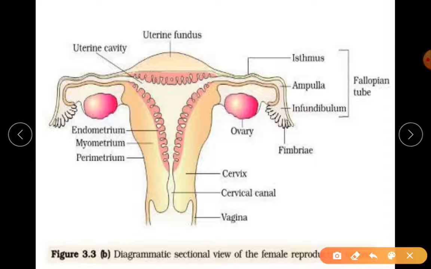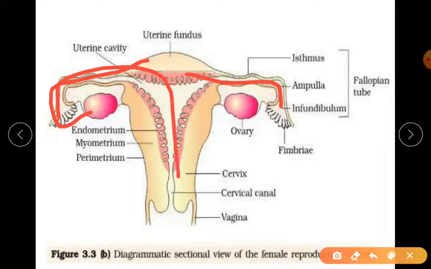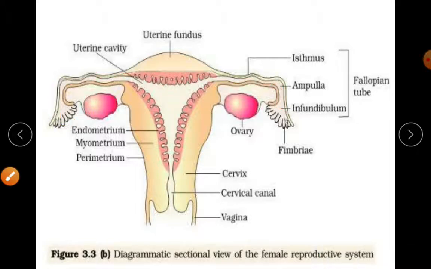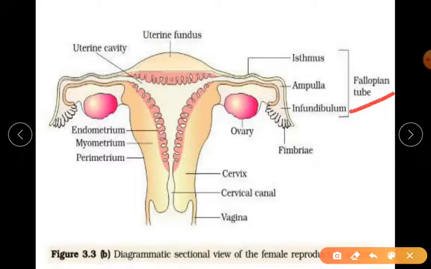So just observe the structure here. This is your ovaries. They are present at the side, at each side. You can see from the ovary there is something coming like a tube like structure. Now these are your accessory ducts. The accessory ducts is the one which will carry the egg. So we are showing the pathway like this. That accessory duct is called as your fallopian tube, also called oviduct. So you will understand about the parts of the oviduct.